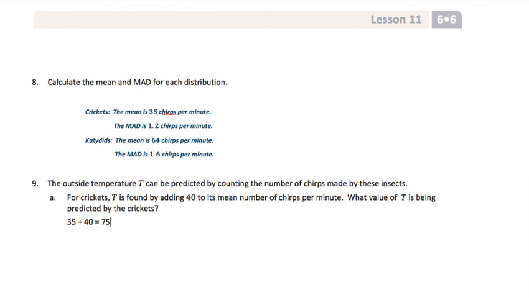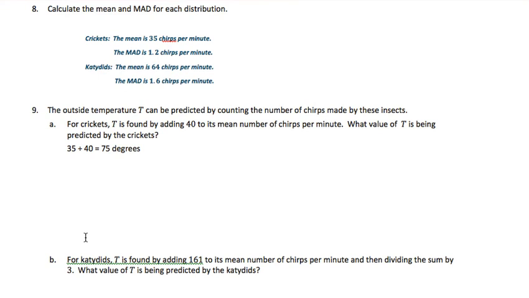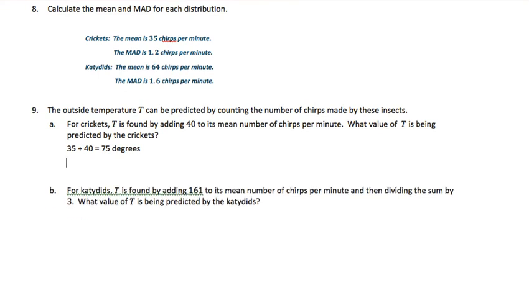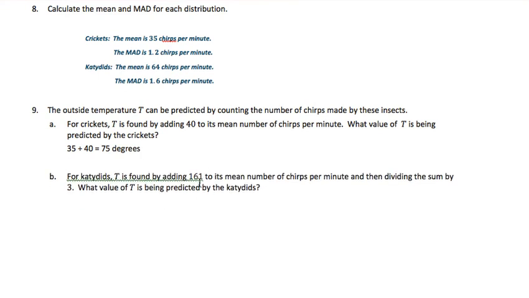And that would give us 75 degrees, the predicted temperature. For katydids, T is found by adding 161 to its mean number of chirps per